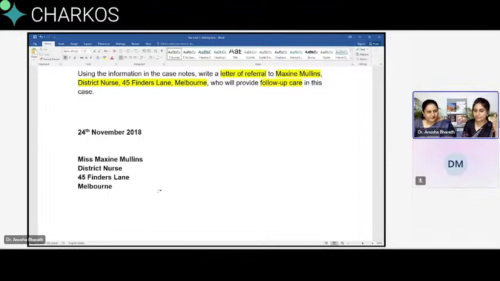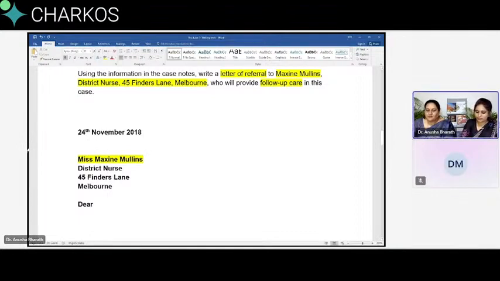So you write the date, leave 1 line space, and then write the addressee block. Fill in the details in the addressee block with the name first, then the designation, followed by the address. After this, leave a line space again for salutation. Exactly. So we are going to start with dear. And because the name is given, and as ma'am earlier stated, when the addressee's name is given, you're going to use this